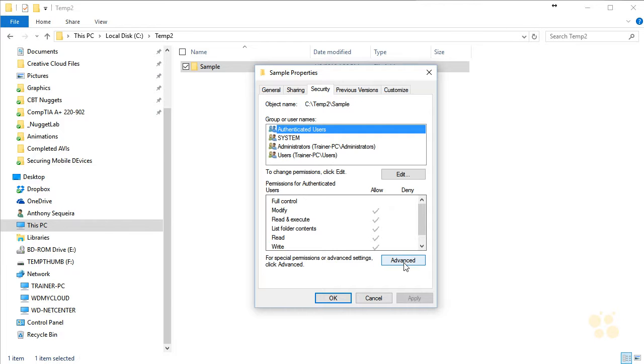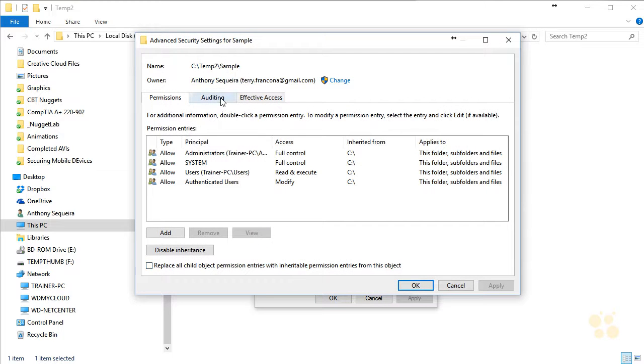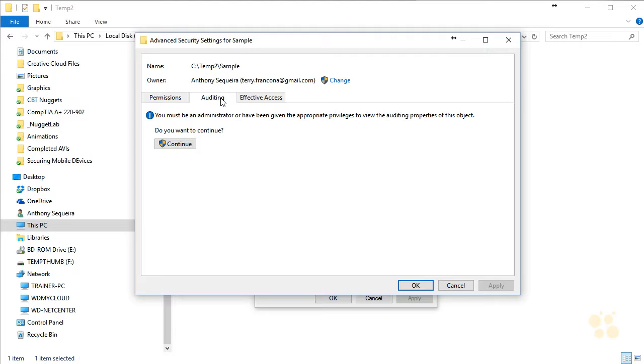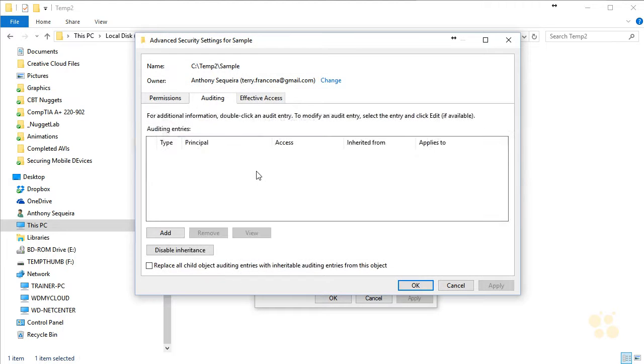Now, if we go into the advanced area, there's an auditing tab, for example. It says, hey, you better be an administrator to mess with this stuff. We say, yeah, we know, we want to continue. And notice we could go in and we could control the auditing of this resource. We want to know when these individuals are accessing this resource successfully, or maybe they're being denied access to it. So there's going to be many configuration areas throughout Windows that are going to allow you to drive information into